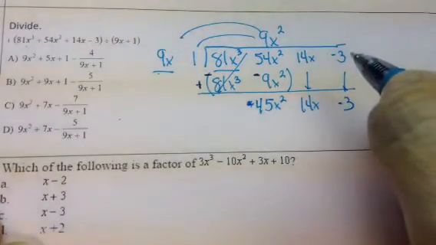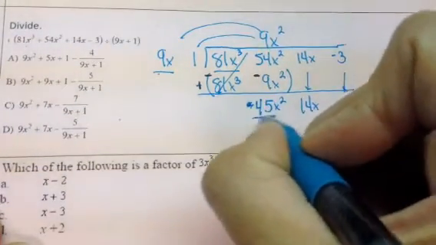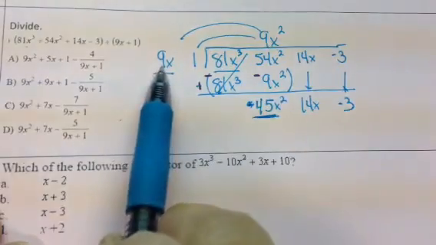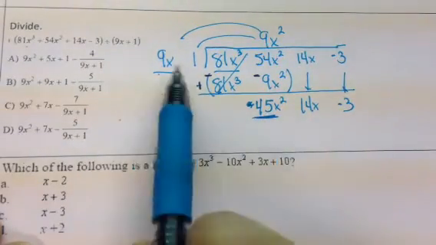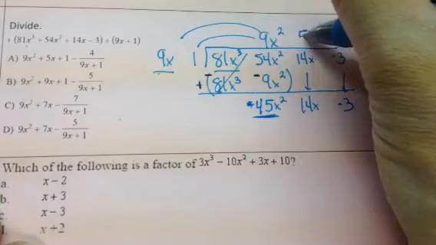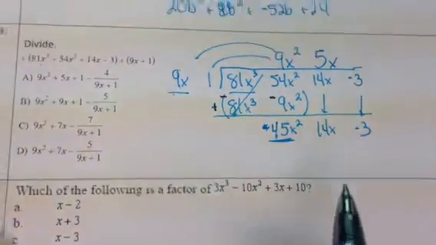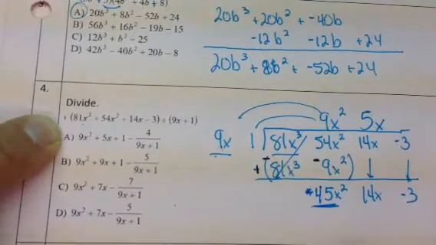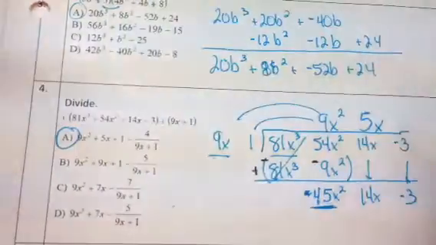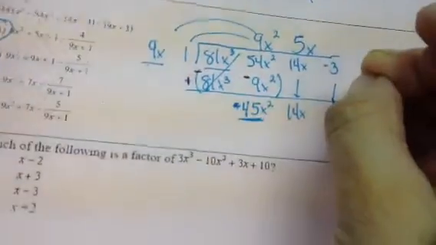And now I start again. So, underline this. What do I have to multiply 9x to get to 45x squared? Well, from 9 to 45, I need a 5. And to get from x to x squared, I need an x. So, at this point, I can already see that my answer is A. So, if you stop, you've got your answer, but I'm just going to show you the rest in case,